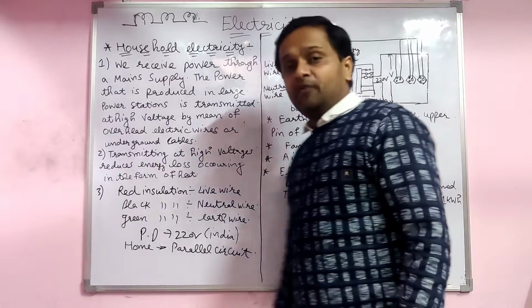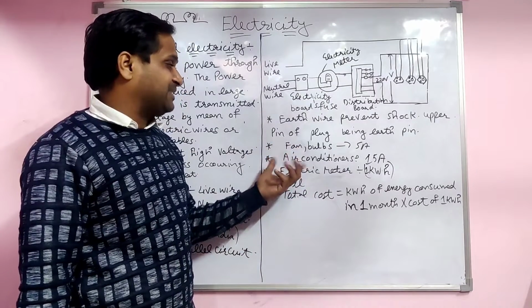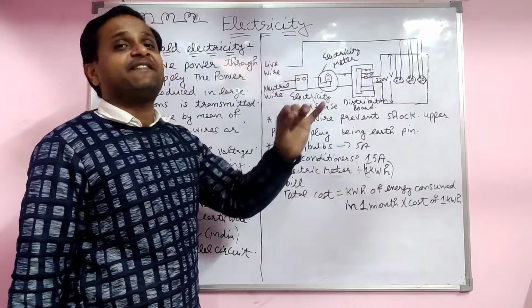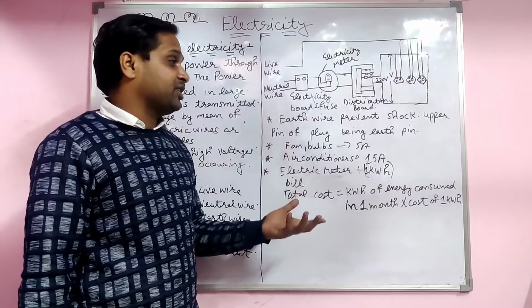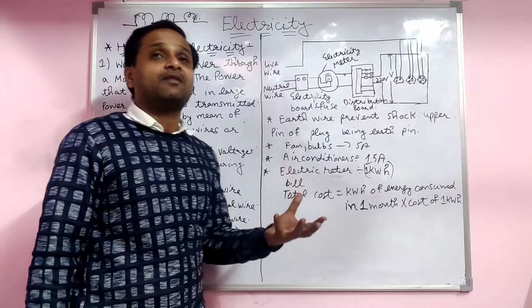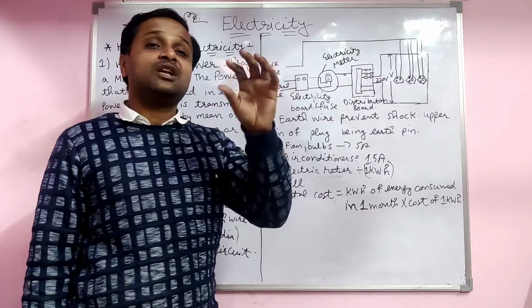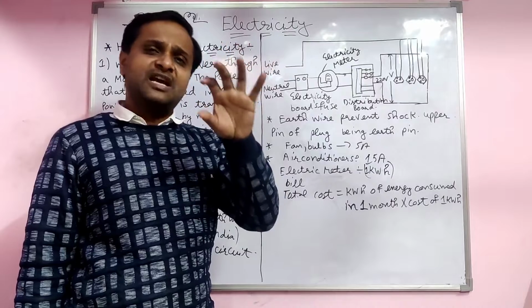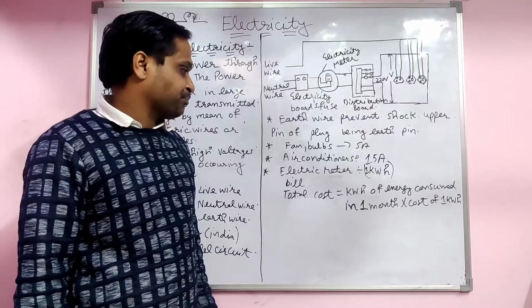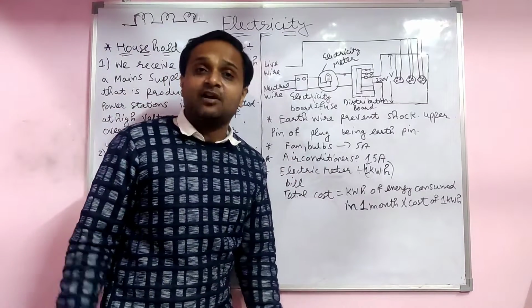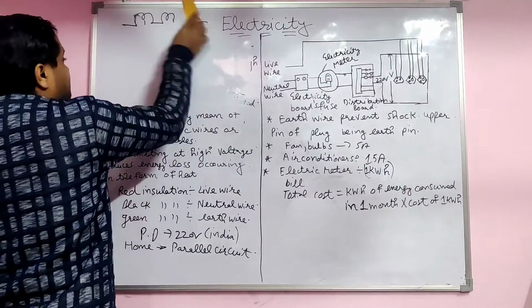Now we discuss power appliances. Simple appliances like fan and bulb work on 5 ampere only. Air conditioner, AC, and geyser are high power appliances, so for these we use a big plug. But for the fan and bulb we use the small one. Here 5 ampere is there, here 15 ampere is there. Take care. Now at our home, the electric meter is there.